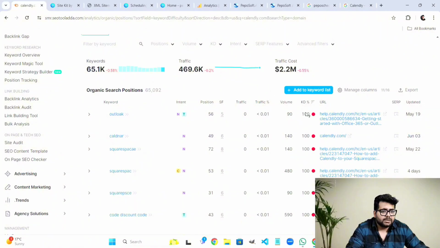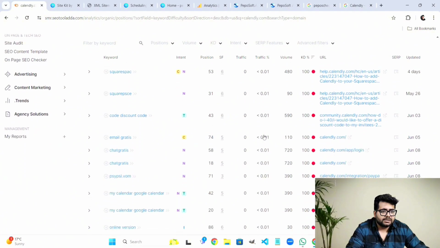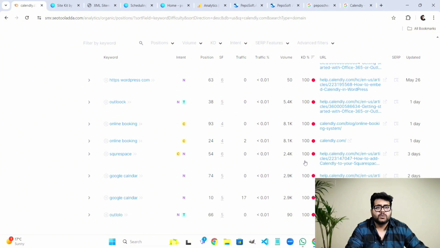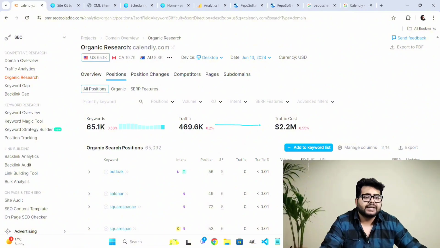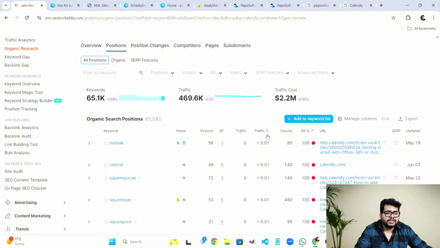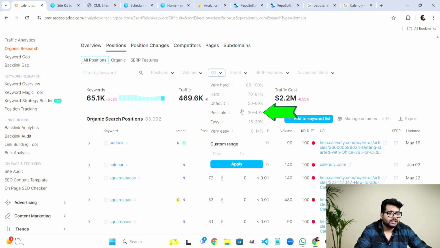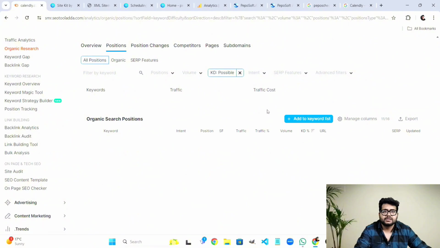And as you can see, the keyword difficulty for all of these keywords is like 100, which is really a problem for us because we cannot rank for those keywords, which is really hard. So we have to find some keywords which have a keyword difficulty of less than 50%. So I can do a keyword difficulty filter of 30 to 49%, and I can search for those keywords which